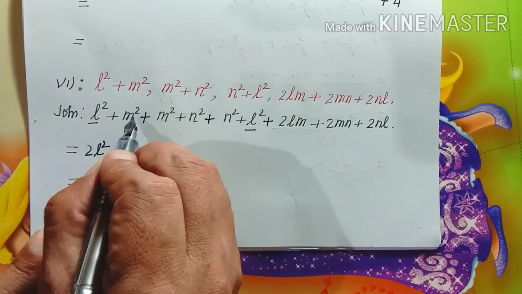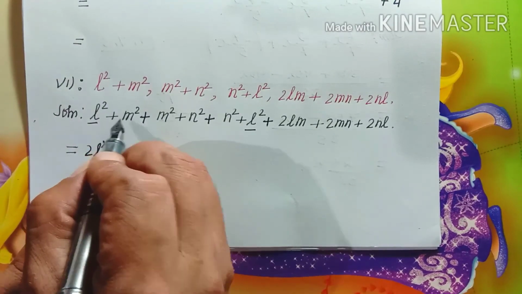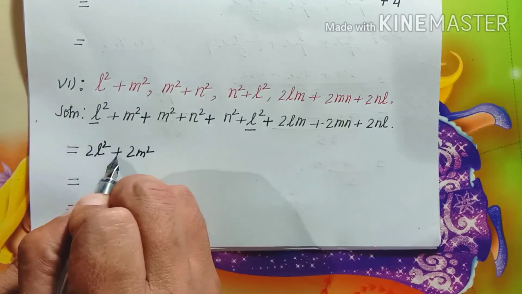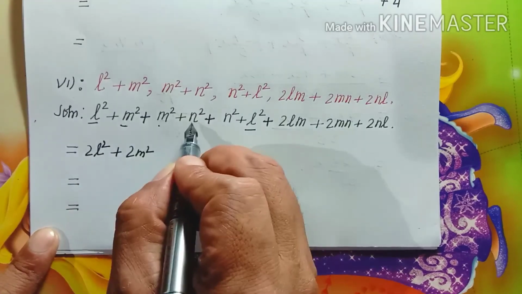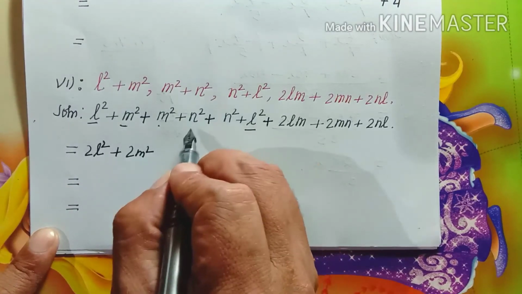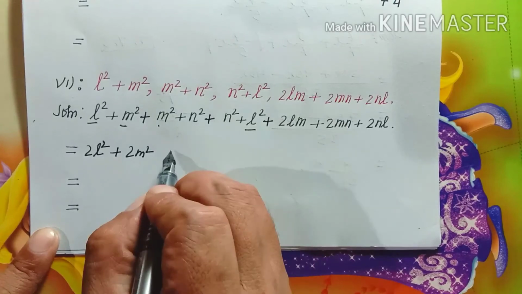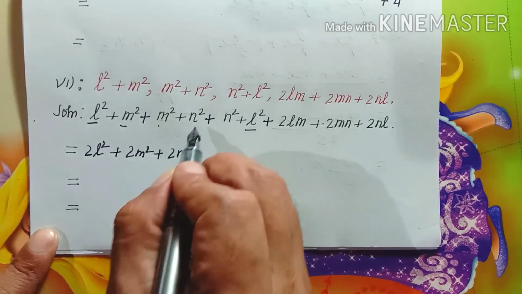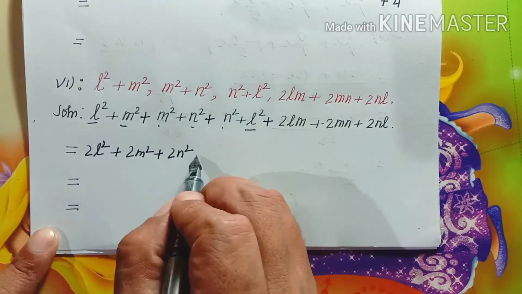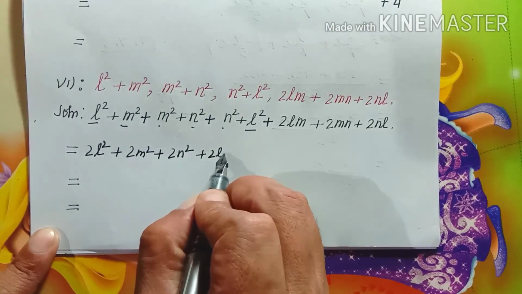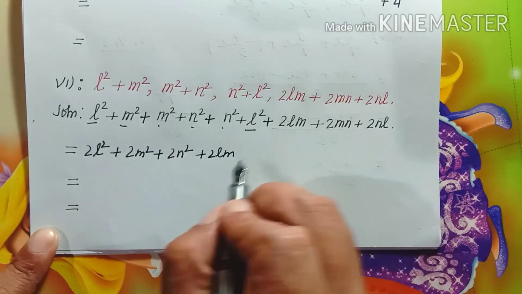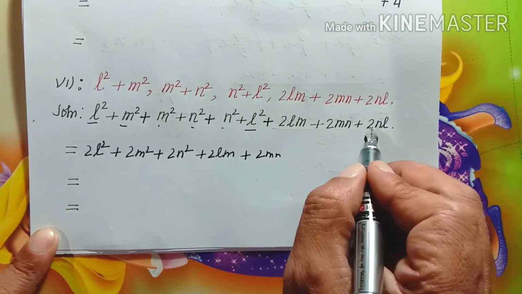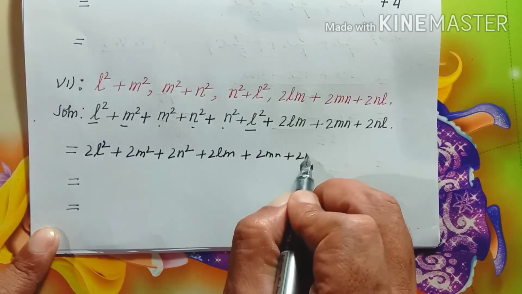Again here m square, so here 1 plus 1 will be 2m square, but sign will be plus sign, so this also we have taken. So n square, this also n square, like terms, so 1 plus 1 will be 2n square, sign will be again here plus sign, so this also taken. Now we left with plus 2lm, so that is a single piece, again here plus 2m also single, again here plus we have here 2nL.